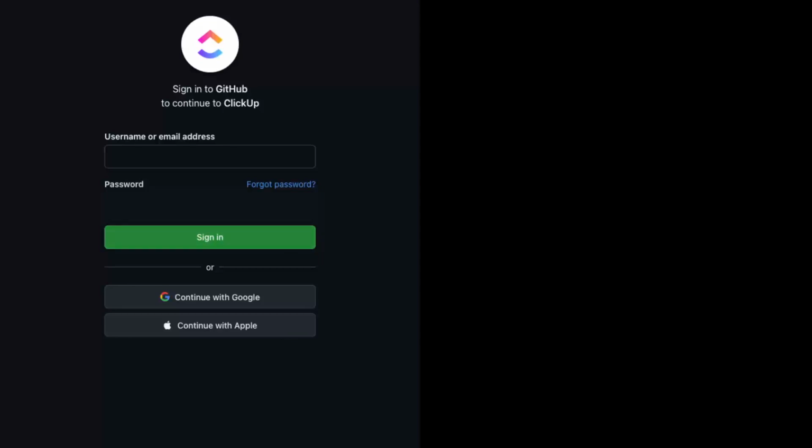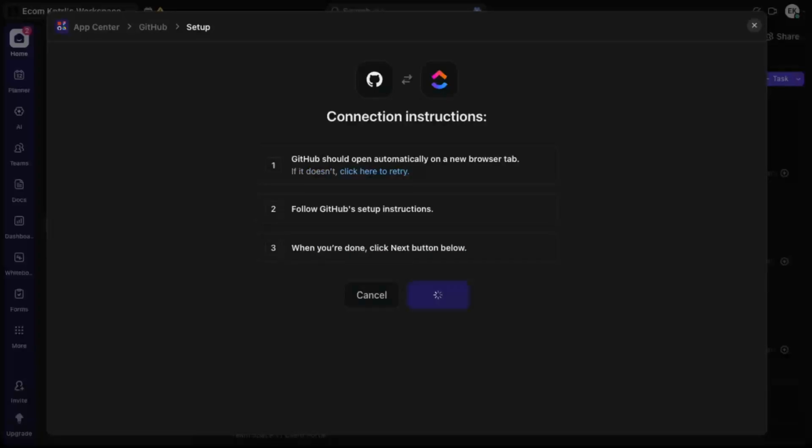After you're logged into GitHub, you'll see a permission screen where GitHub asks if you want to grant ClickUp access. Review the requested permissions so you're comfortable with what ClickUp will be able to do. When you're ready, approve the access. Once access is granted on the GitHub side, GitHub will redirect you back to ClickUp. In ClickUp, you'll see a confirmation step. Click the Next or Confirm button there to finalize the connection. At this point, your ClickUp workspace is successfully integrated with GitHub, and you can begin linking